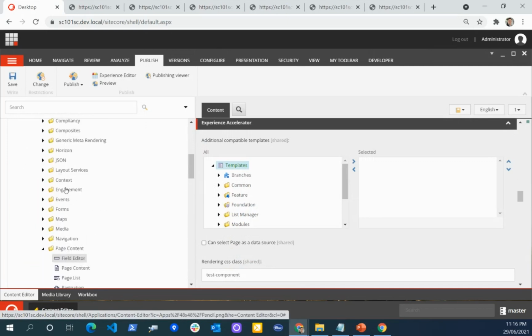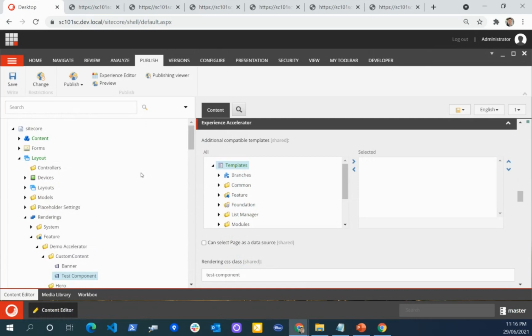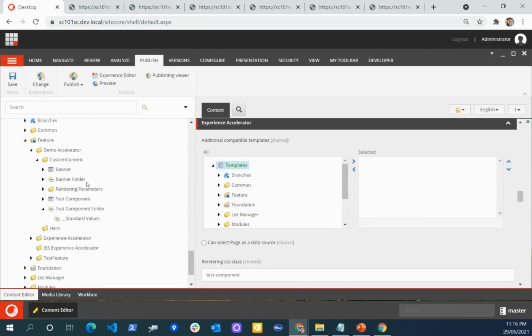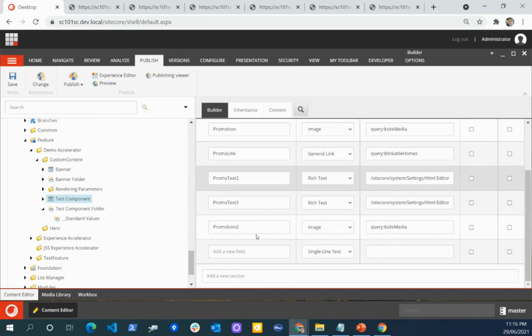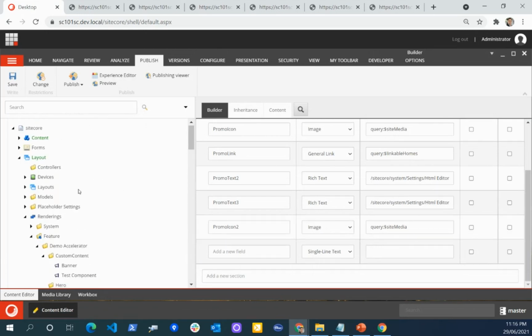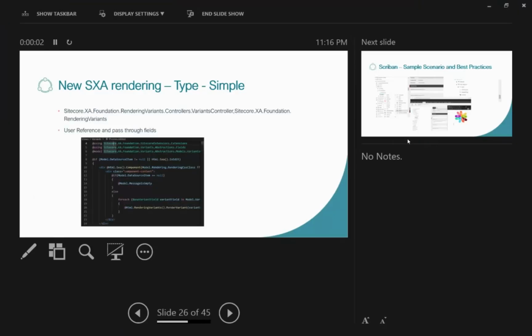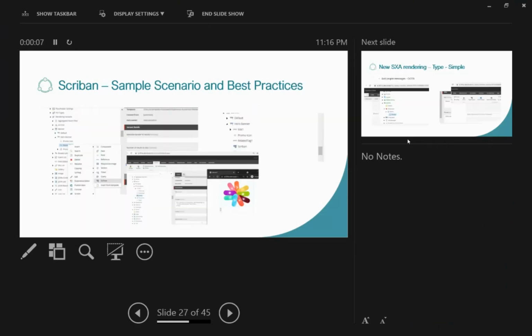Now when we have the component, the most common requirement is adding a few more fields and creating more designs. So when you clone the component, you can go and add more fields on the component, and in the rendering variant, you can just simply go and create a new field, or maybe you can write the script, and that way you don't need to create new components. So we'll just try to cover a few more things. Now this is actually rendering. It's a very simple rendering type.